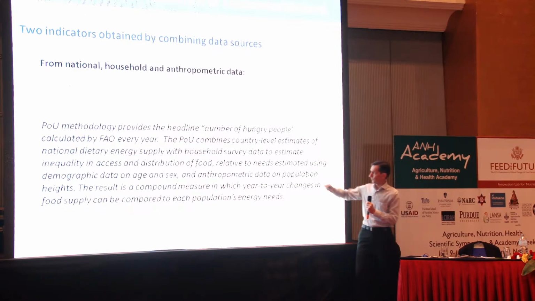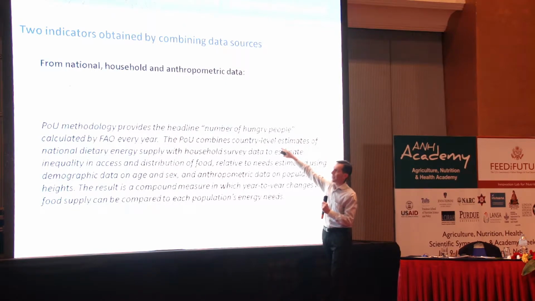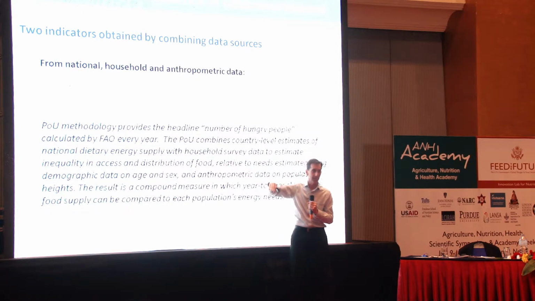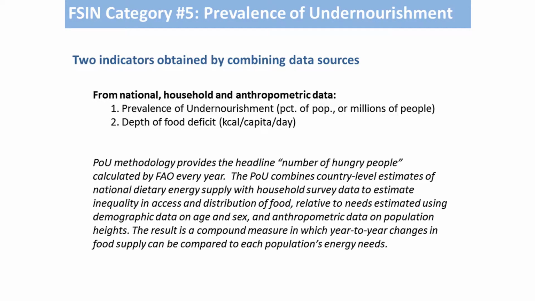Very briefly, the idea is to estimate the total national dietary energy supply from the food balance sheet that we talked about earlier, and then use household surveys, based on total food expenditure that we talked about earlier, to estimate the distribution of that national food supply, what fraction of people would have what level of that national food supply. And then to take demographic data about the age and sex of the population, as well as anthropometric